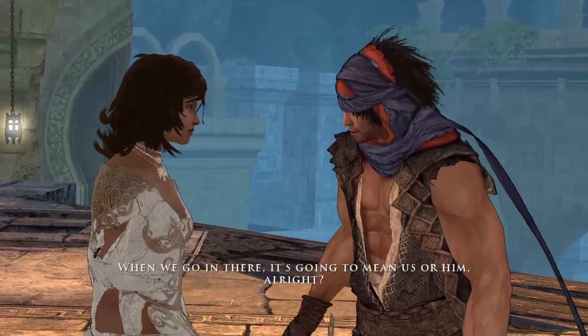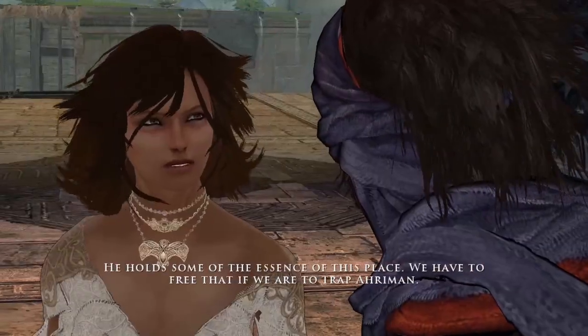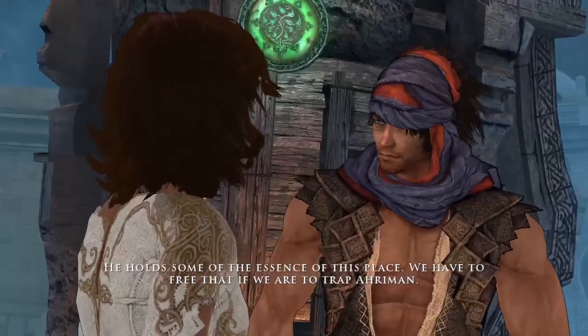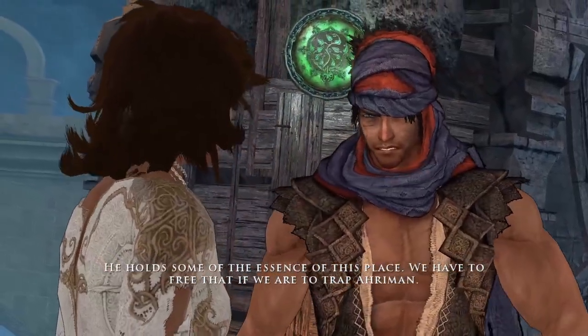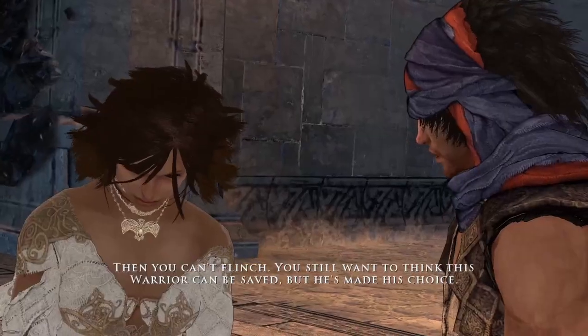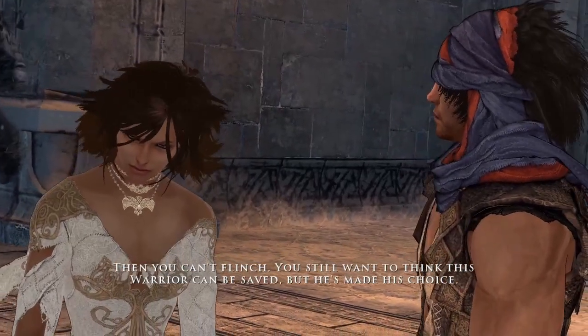When we go in there, it's gonna mean us or him, alright? He holds some of the essence of this place. We have to free that if we are to trap Ahriman. Then you can't flinch. You still want to think this warrior can be saved, but he's made his choice.